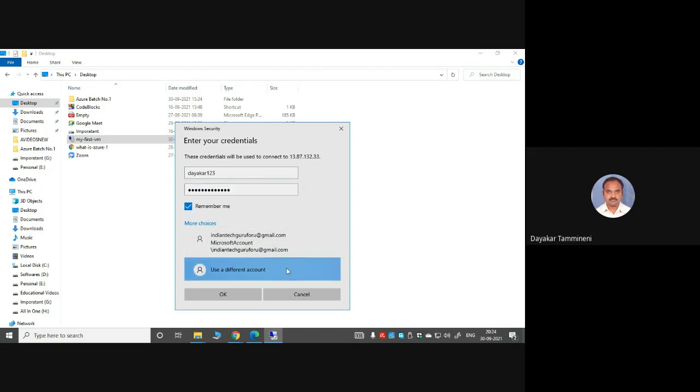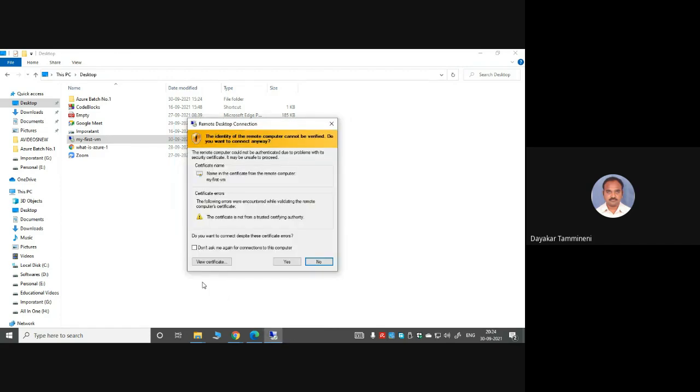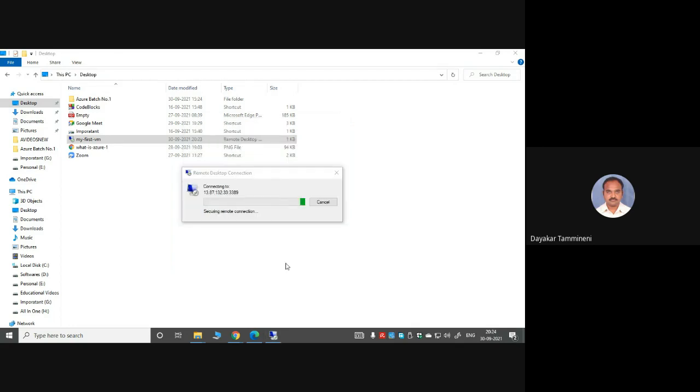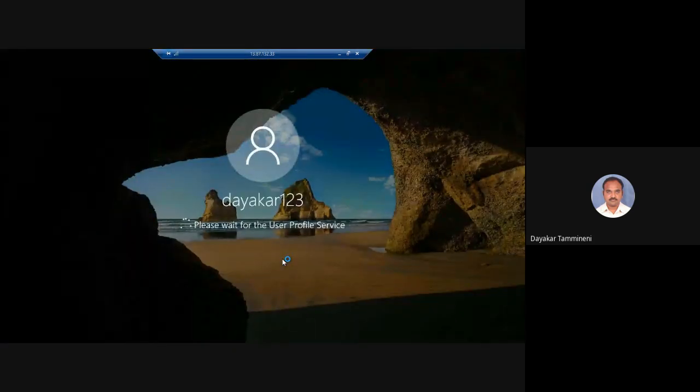And check remember me and then click on OK. It will ask you to authenticate or not. Click on yes. Yes, we have successfully connected to our first Windows virtual machine.